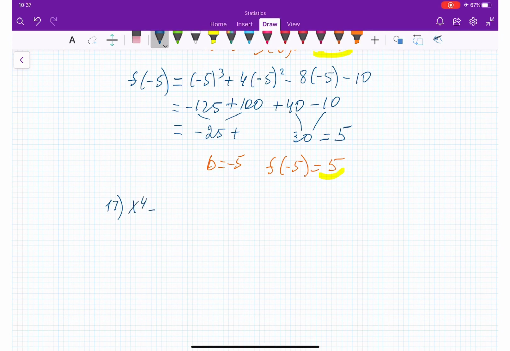x to the 4 minus 3x cubed minus 15x squared plus 24x plus 57. So we need to find, using the intermediate value theorem, show that the polynomial function has a real zero between the given numbers